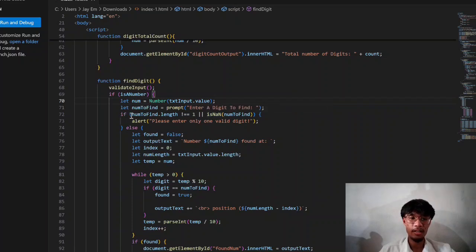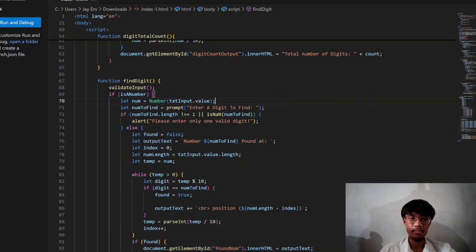And here, this line of code will check if the user entered exactly only 1 digit and not a letter or multiple characters. If the user input is invalid, it will show an error message which is please enter only 1 valid digit. This will display the error message that asks the user to input a single valid digit only. And the function will stop running at this point when the user inputs an invalid number or